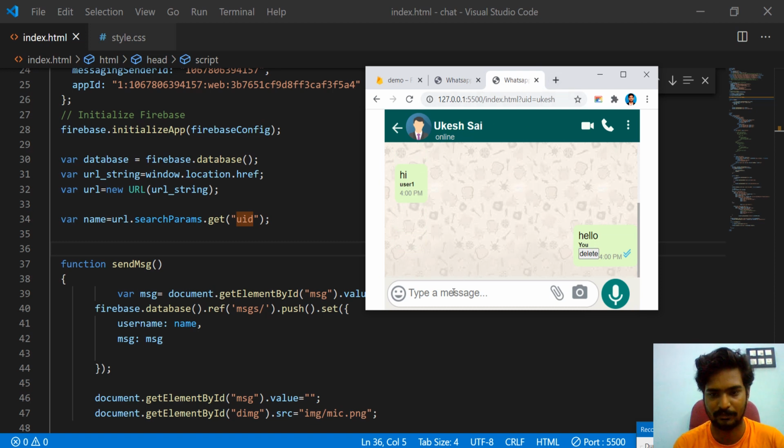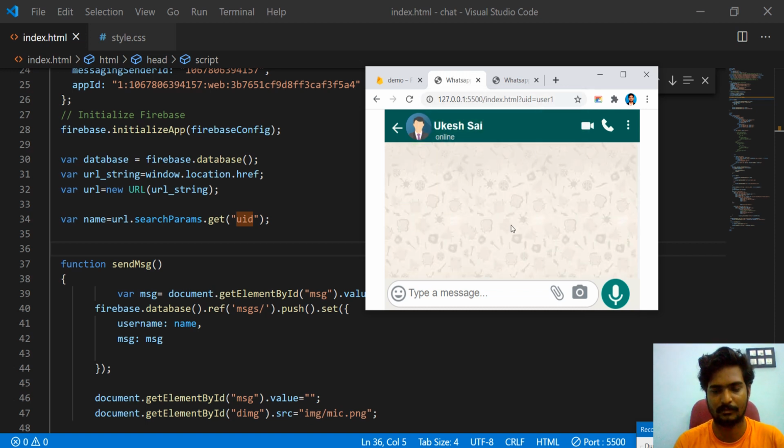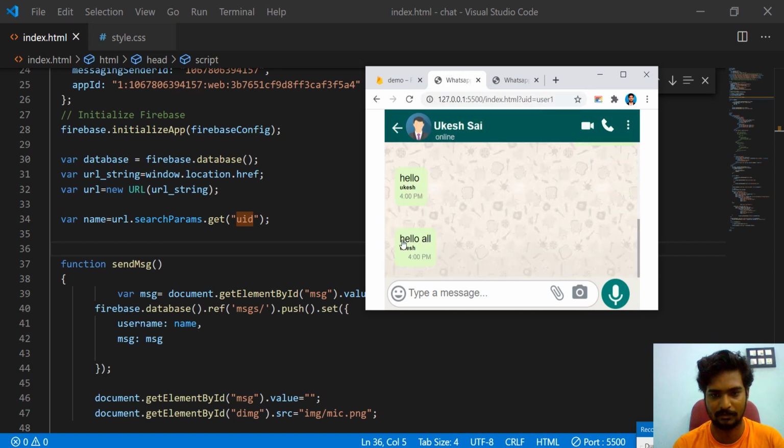If I send hello all from Vikesh, it will be sent to Sai as a group message. If you log in as user one also, you can see the same output, but your data will be on this side. This is our one-to-one and group chat application.